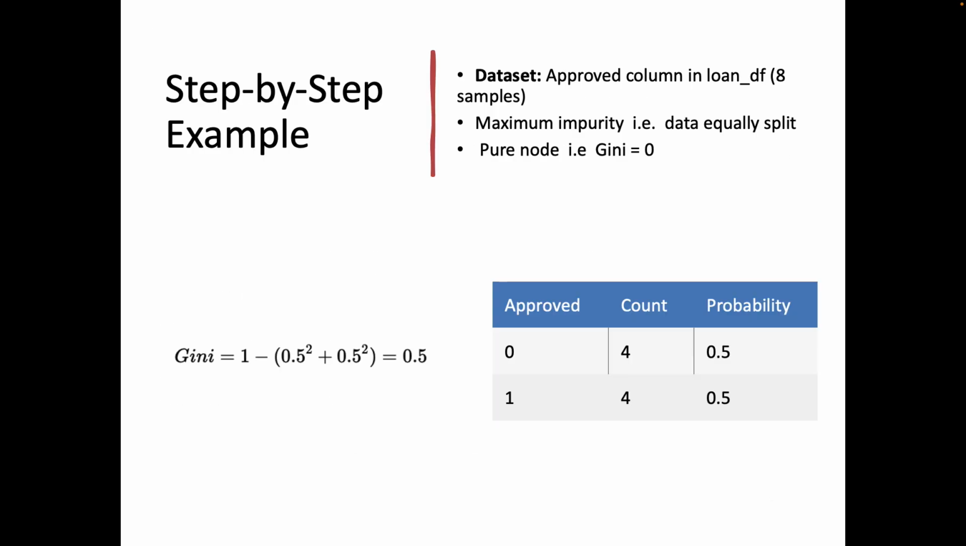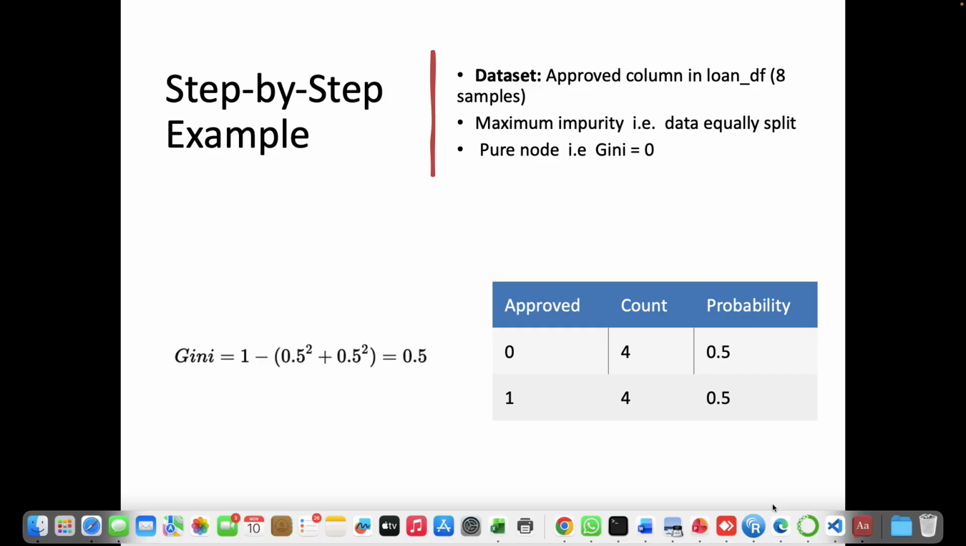Okay, so here we are. So this data set has the approved column. Let's say there are 8 samples, right? And maximum impurity is when we equally split them, 4 and 4. Okay, 4 approved and 4 not approved. Imagine that. We're not talking about 1000 here. We're just talking about 8. Out of 8, and we just want to go to the root